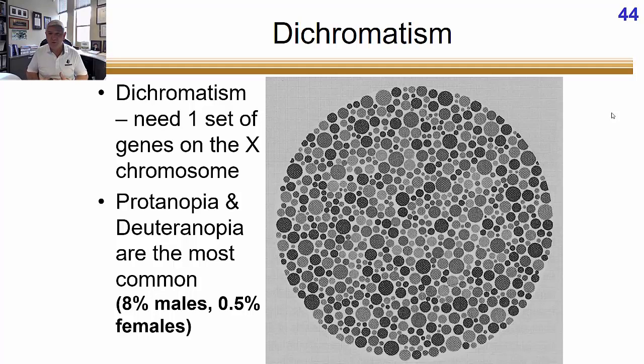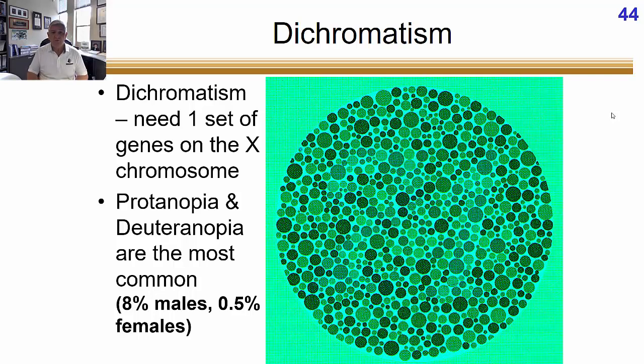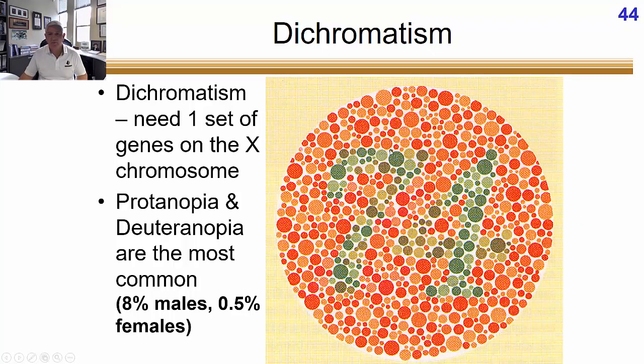There's about an 8% prevalence in males because males only have one X chromosome. So if that mutation happens on that gene, they don't have a backup. They won't make that photopigment. Because females have the backup, it goes from 8% to less than 0.5% prevalence in females. And so as I mentioned, deuteranopes or protanopes would still see shades and variations. They could still discriminate between colors, but they would have a hard time discriminating between red and green because they're very close together in that spectrum of yellow that we saw. So they wouldn't be able to see the 74 here in the middle.